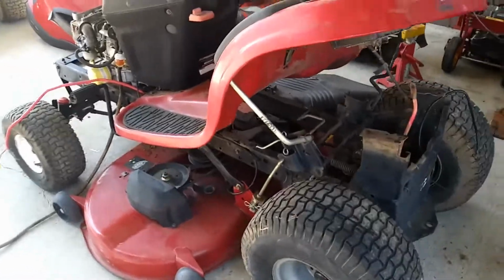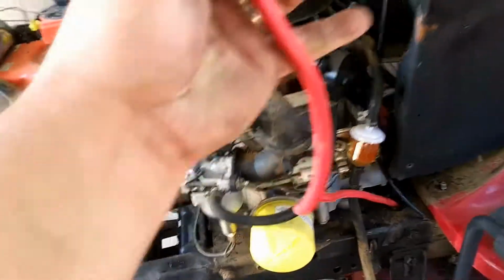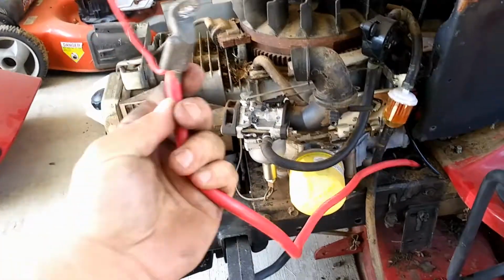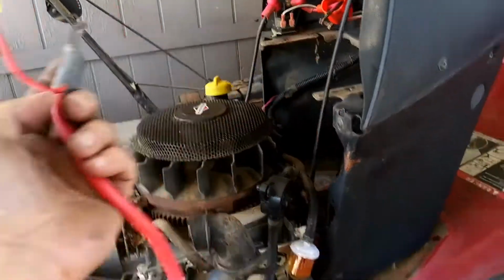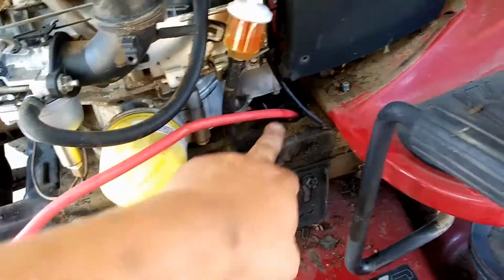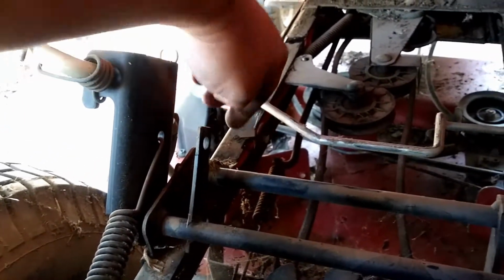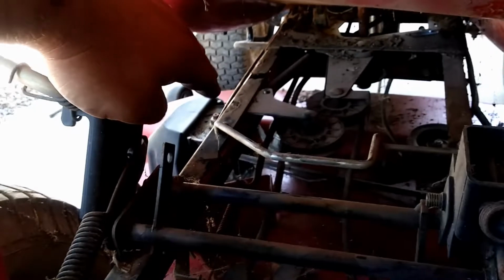Alright, just real quick. What I did was I found this big cable on another riding mower that I had back there for parts, and I was like, well, no sense in going and wasting money. So I just ran this big cable right here where the gas line went, ran it all the way back here, and hooked it up in these little clips where the old gas line went to the back of the tank. So it just keeps it all nice and snug, which I'm going to stretch all out and make nice. Just make sure if you do this,